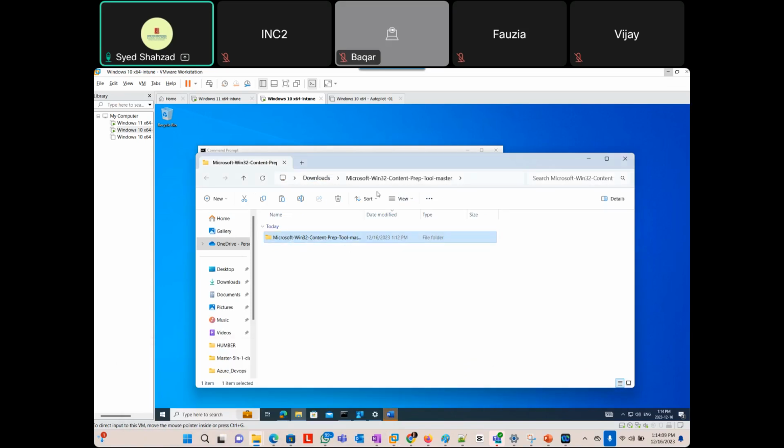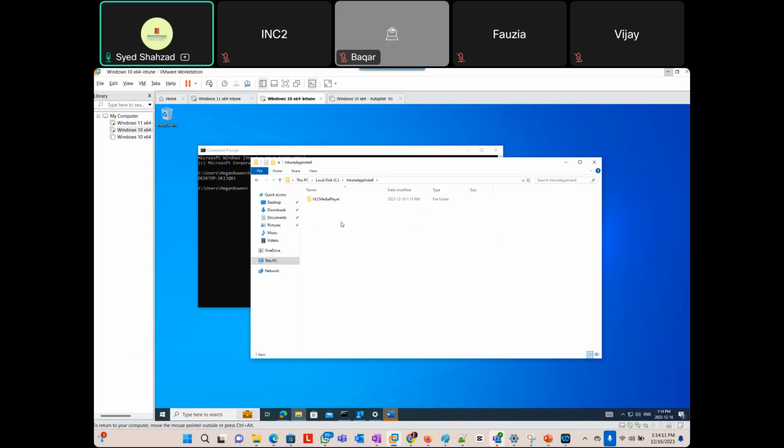Otherwise, I'll check if the VMware tools are installed or not. Oh yeah, we're good. So this folder is here that has all the files, but our interest is in the Intune Win app util application, it says here. So yeah, that's one thing, but we do need in the source in the VLC media player, the actual file